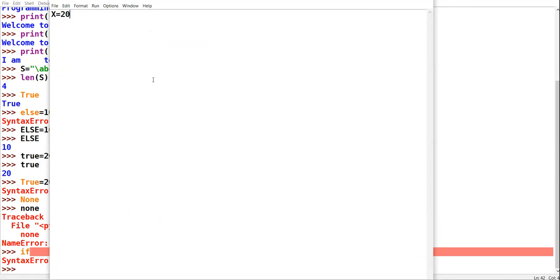Now, beta, 20 is the literal value which has been assigned to the variable x. So x here is the L value and 20 is the R value.